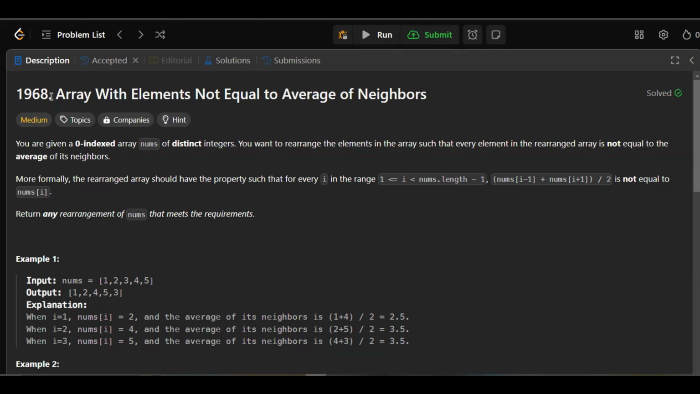LeetCode problem 1968, named Array With Elements Not Equal to Average of Neighbors. Here in this problem, we are given an integer array nums of distinct integers and we have to rearrange the elements in the array such that every element in the rearranged array is not equal to the average of its neighbors. More formally, the rearranged array should have the property such that for each i, where i is from 1 to the array length,